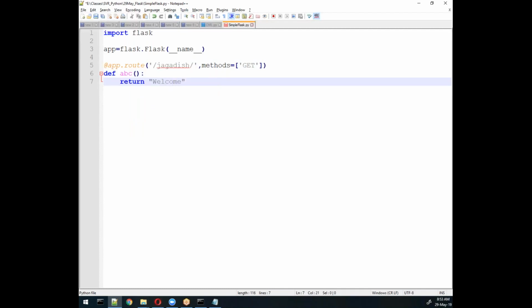So this welcome comes under the web server, it will generate a welcome message, remember. And finally there is one command: whatever object you created, you want to run that object, that's it, app.run. So this is a Flask based simple application.